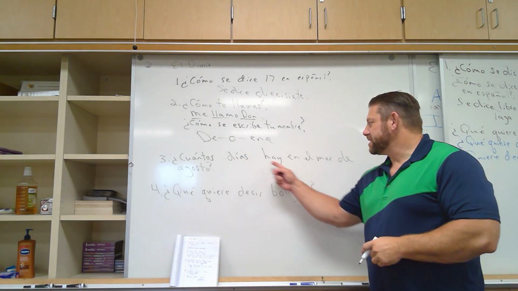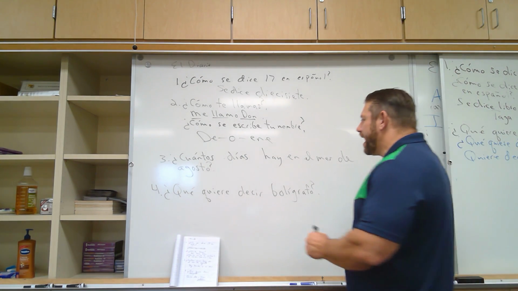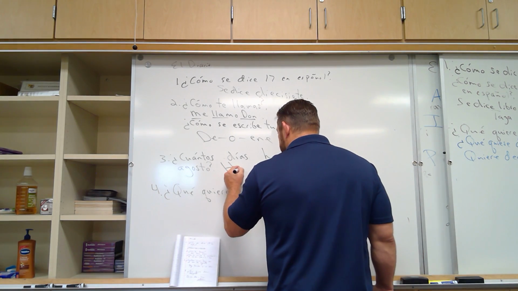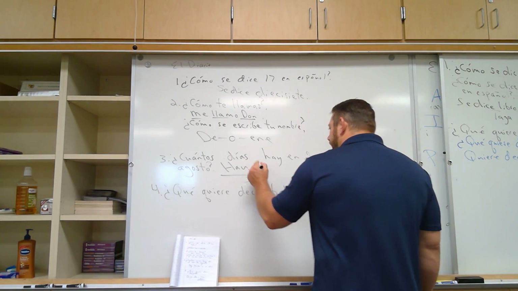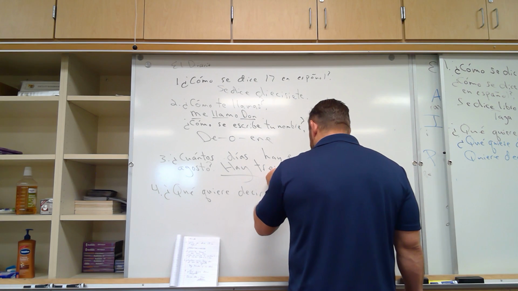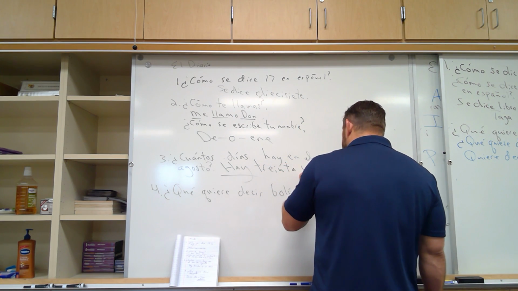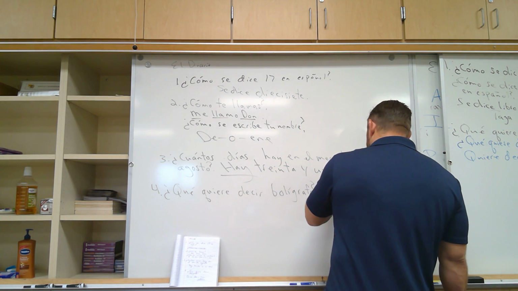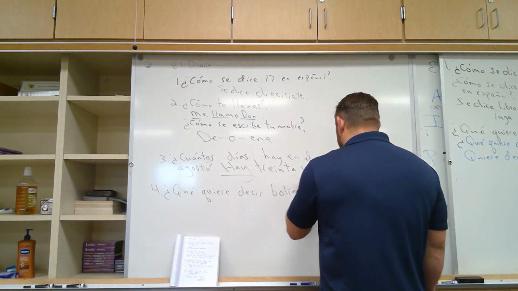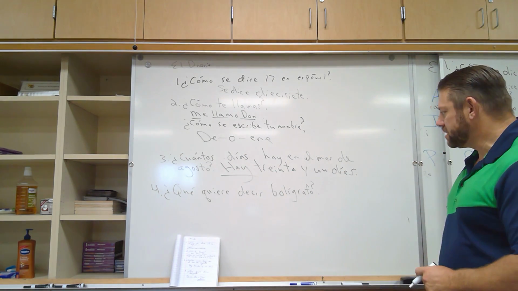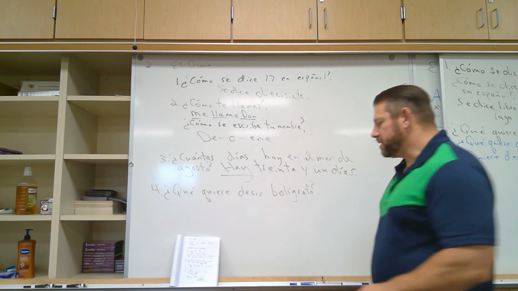So if you have a short name, it's pretty easy. D-O-N. ¿Cuántos días hay en el mes de octubre? I, using the new verb, which means there is or there are. There are, hay 31 días. There are 31 days. Hay 31 días. Last one. ¿Qué quiere decir bolígrafo? What does bolígrafo mean? Quiere decir